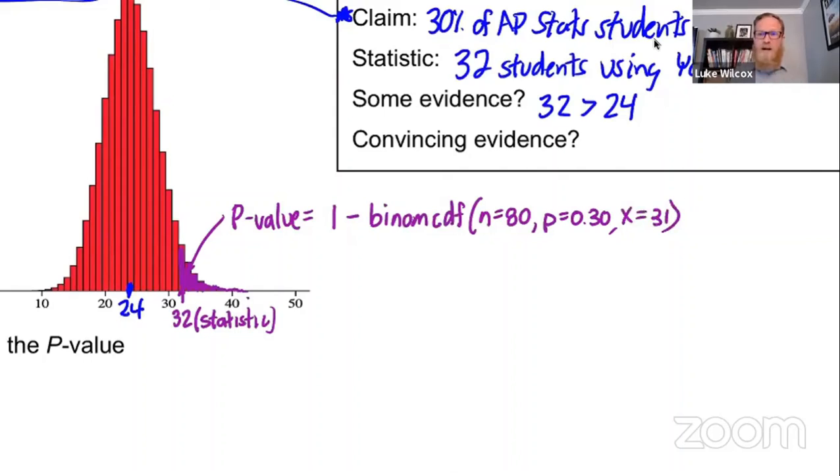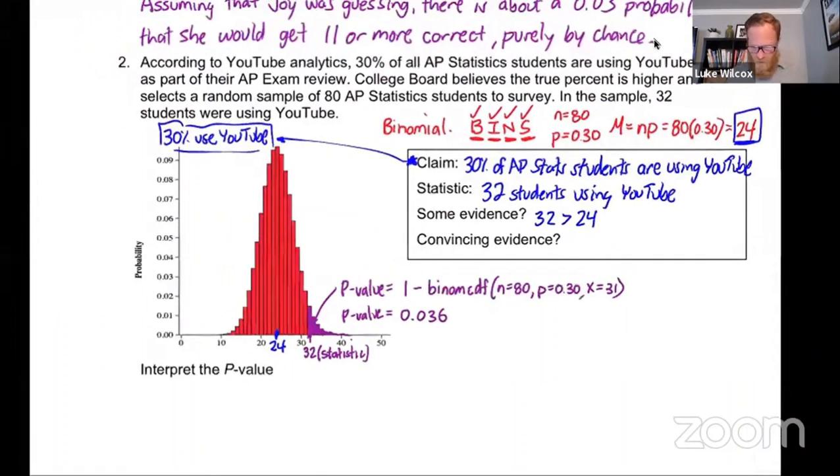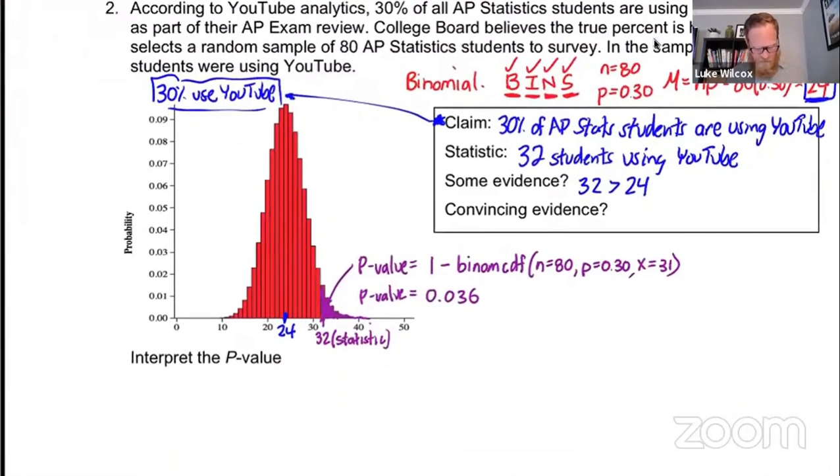And we want to subtract out 31 and below, which would leave us with 32 and above. So if you plug that into your calculator, you're going to get a p-value of about 0.036. That's our p-value. So I think we are now ready to try and interpret that p-value, and I'm going to